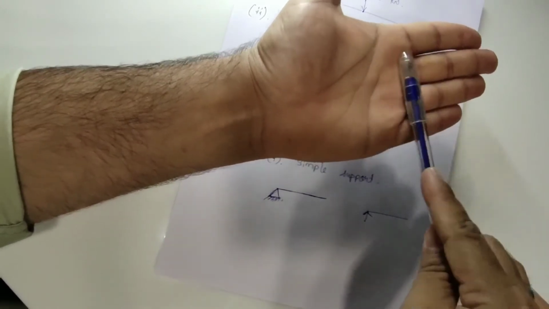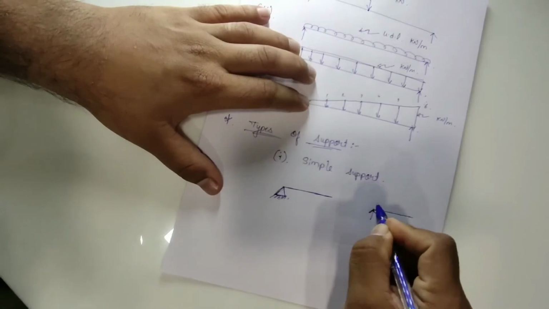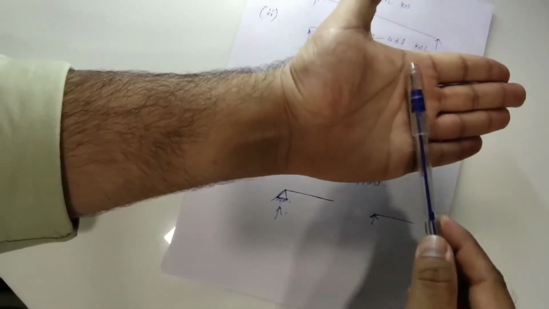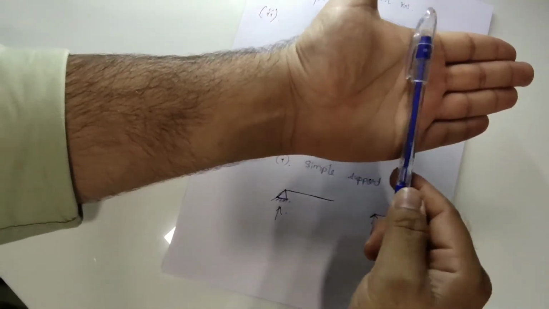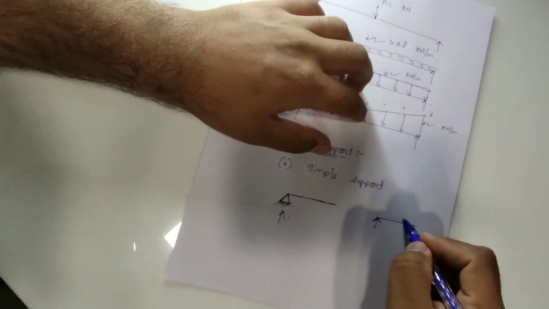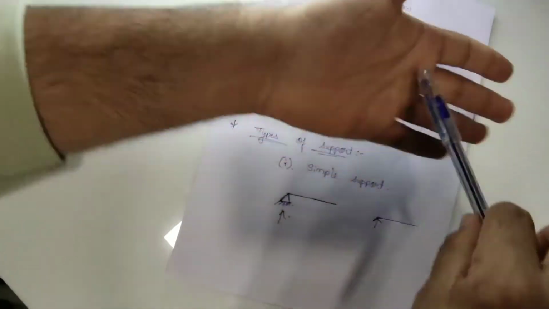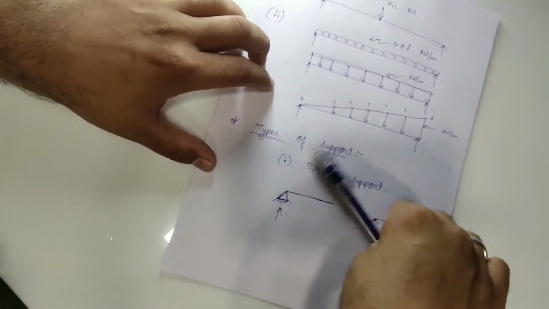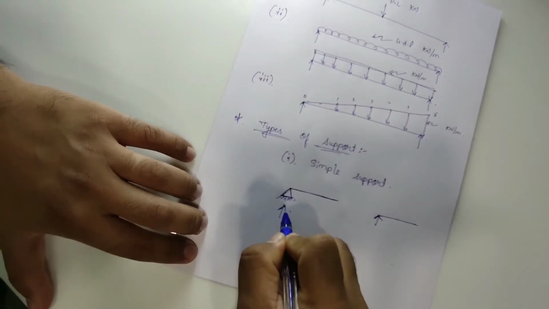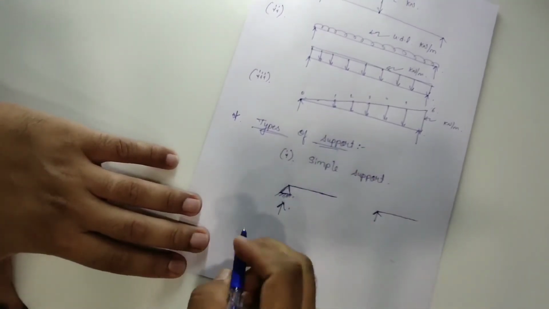So what will happen, since it has been placed, it can take the vertical load in this way. But if I push it in a horizontal direction, it does not resist, meaning it cannot take the horizontal load. And if I provide some rotation or moment, it rotates, so it cannot take the moment also. So it only provides one reaction in the vertical direction, that is simple support.